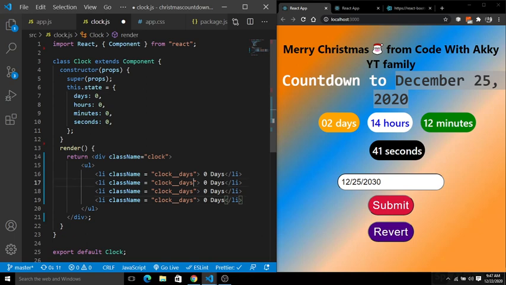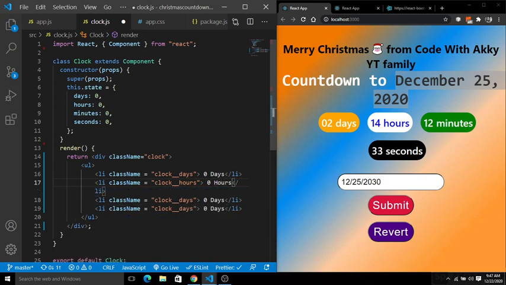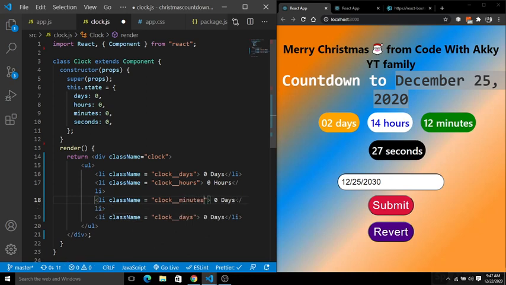Now it is for days, it is for hours, here give hours. Next we have minutes, so here give the minutes. Next we have seconds, so this is for seconds.